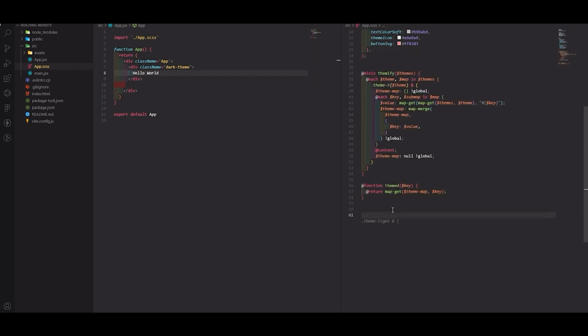We write our breakpoints for the desktop first approach. Comment this out and write here $small mobile. There is 320 pixels. Medium mobile 375 pixels. And for large mobile, it is 425 pixels, basically 430 pixels. After that, tablet, it is 768 pixels. For laptop, it is 1024 pixels, and for large laptops, it is